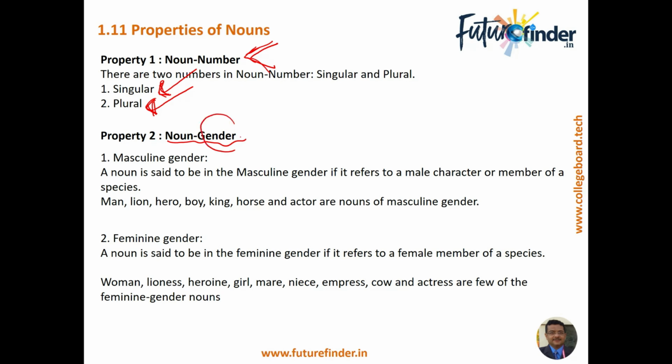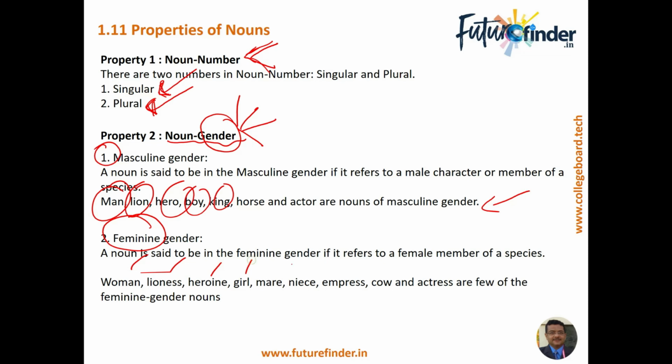Nouns basically have four genders for practical uses. One is the masculine gender, or the male gender, like man, lion, hero, boy, king. All these are masculine gender. Then we have the feminine gender, obviously ones that are females, like woman, lioness, heroine, girl, maid, niece, empress,